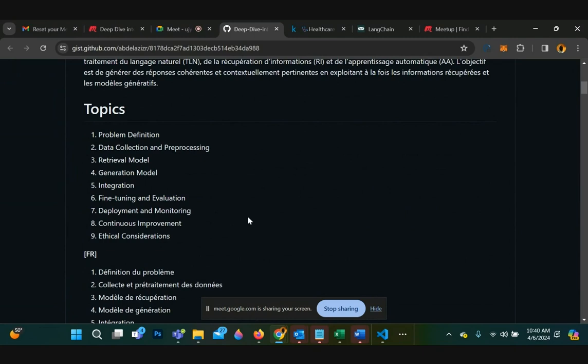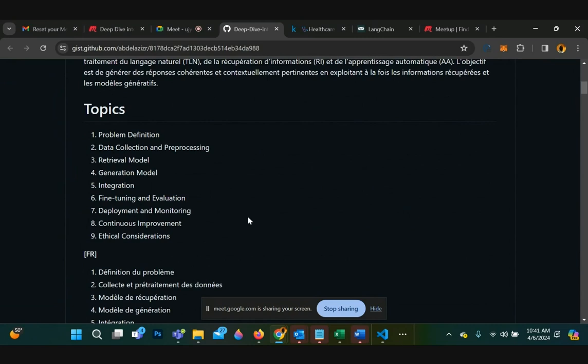And fine-tuning, of course, we're not going to get time to get into, because that's a whole different area of study. I was hoping to get into evaluation, but I couldn't get much time to get that completed. But we're going to touch on evaluation.